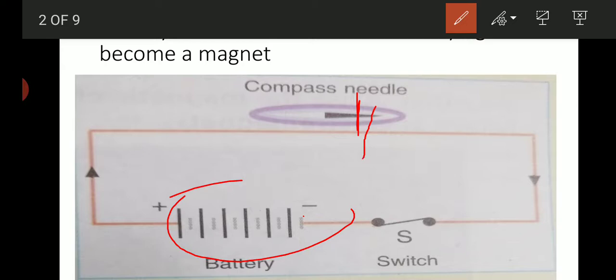And it was first observed by Hans Christian Ørsted, a Danish physicist. A straight wire carrying electric current produces a magnetic effect. The deflection of the compass needle shows that the current carrying wire behaves like a magnet and produces a magnetic field around it. The current carrying wire, like other magnets, attracts or repels other magnets such as a compass needle.